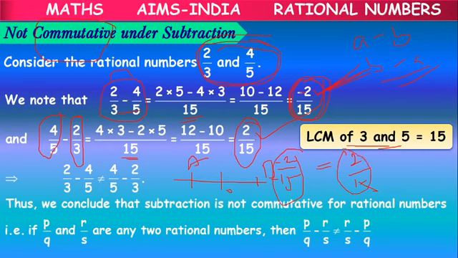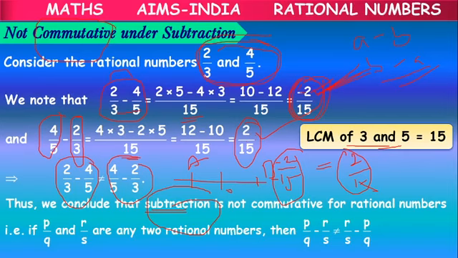So they are different. Our numerator is the same, the denominator is the same, but on the whole there is a change in the sign of the rational number. That's why we have to treat them as two different rational numbers. So first minus second rational number is not equal to second minus first rational number. It means that while doing subtraction, the order matters. According to the order in which we do the subtraction, we get the answer. We cannot subtract in any order.